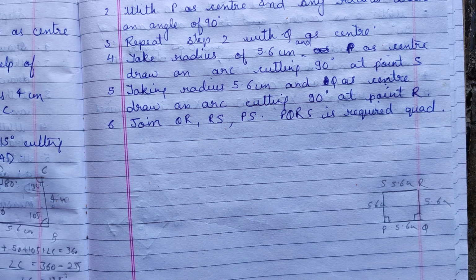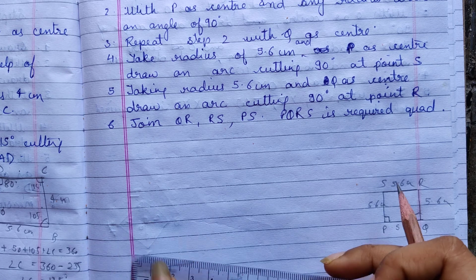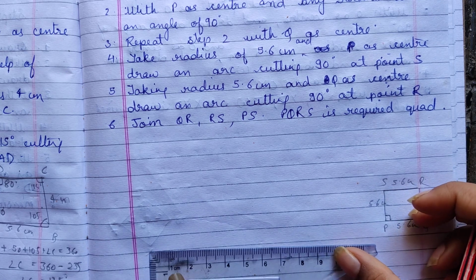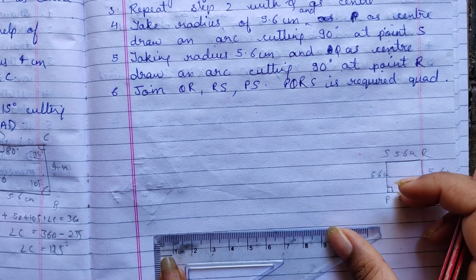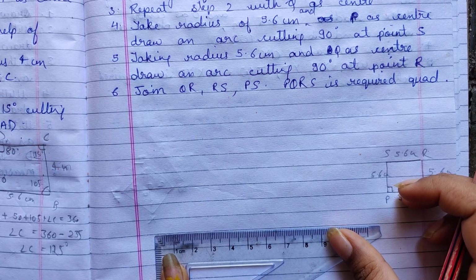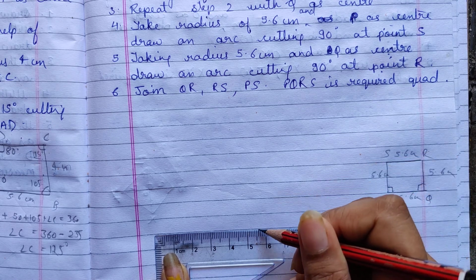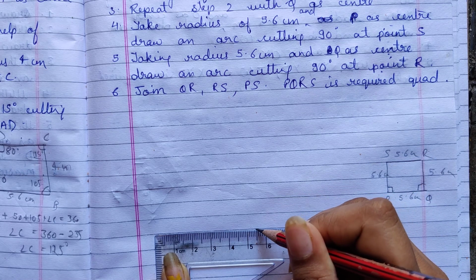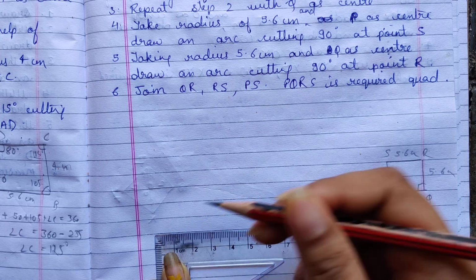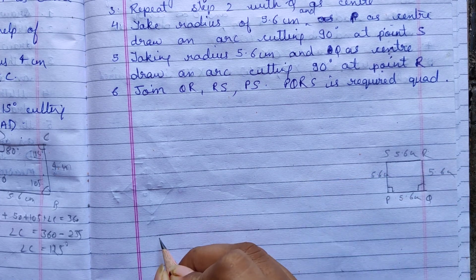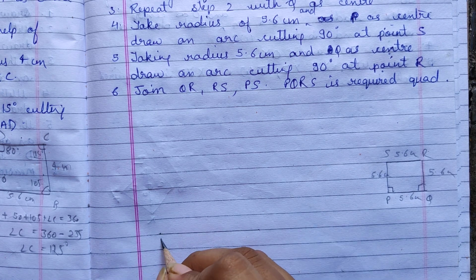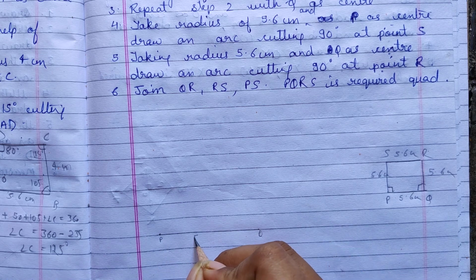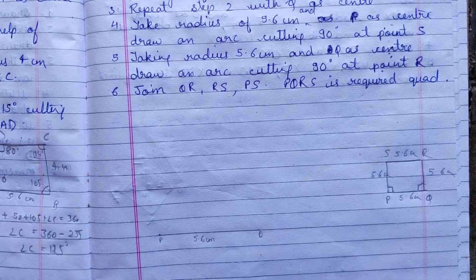So starting with the construction of the square, first of all take a scale and draw the baseline of 5.6 centimeter. Okay, 5.6 centimeter. Just mark the endpoints. This is P, this is Q, and this is 5.6 centimeter. Don't forget to write the measurements. Okay, then